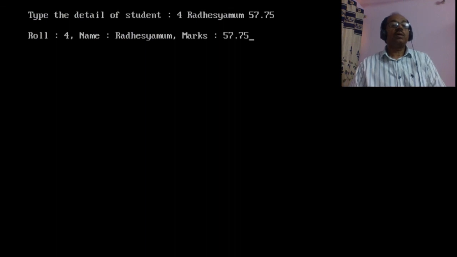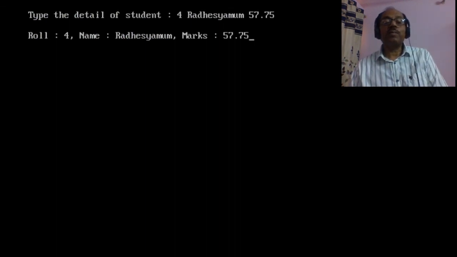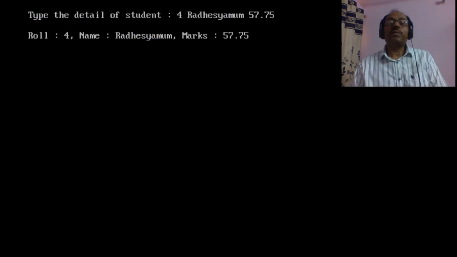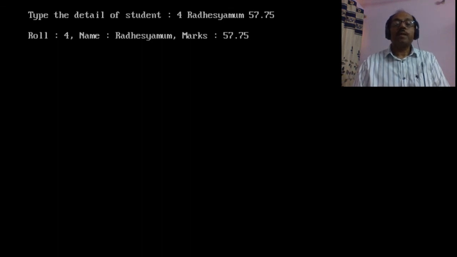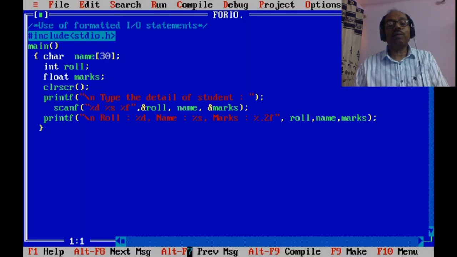So the roll is 4, name is Radheshyam, and marks is 57.75. Now you will recognize that with the use of scanf or printf, we may take the output as we require. So to get the result in the required fashion, we use these two statements, scanf for input and printf for output. Okay.